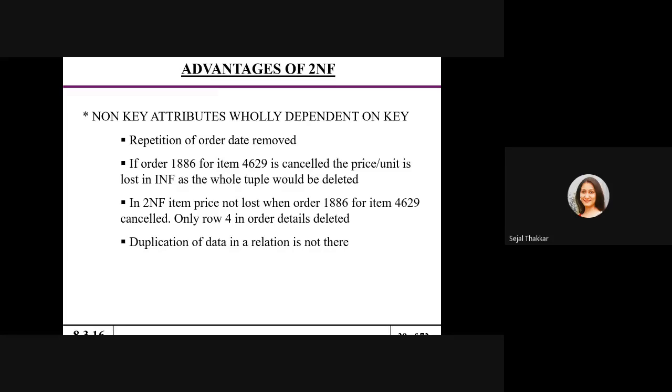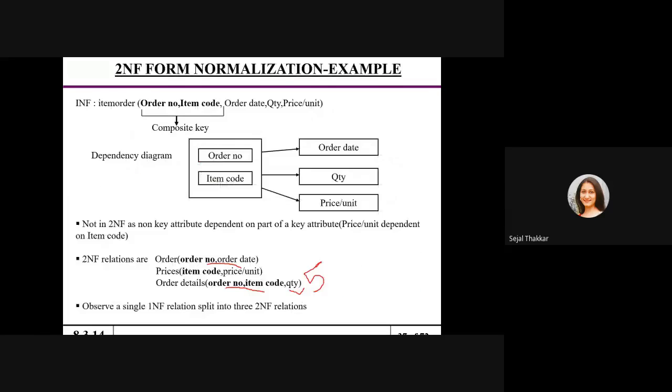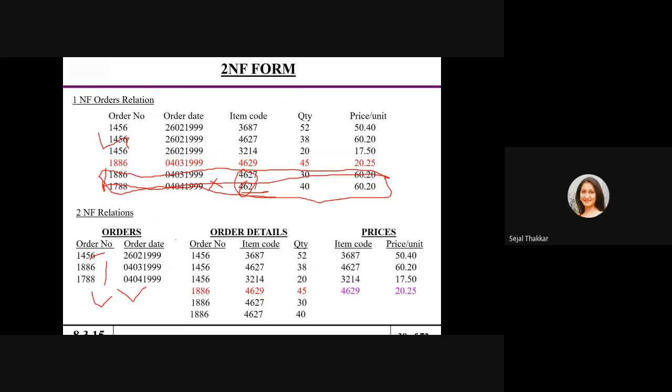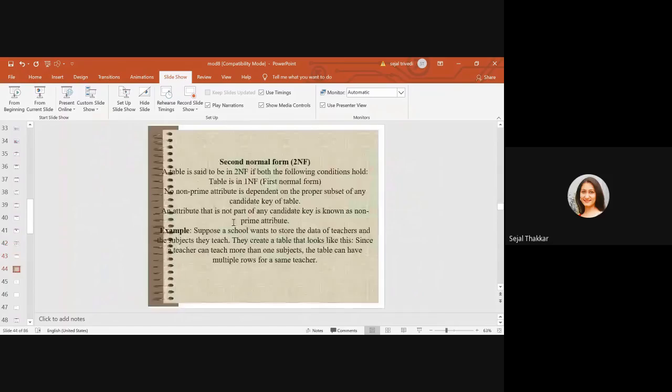Duplication of data in a relation is not there. You can see that certain values are duplicated in first normal form, and they are not duplicated here. It means duplication is somewhat removed. The aim of normalization is to remove redundancy or duplication, but I cannot say that you remove all the duplication from the first table. First normal form consists of some duplicated values, and duplicated values are removed in the higher normal forms. We go from one to the next, so the duplication is reduced level by level. From first normal form, duplicate values are not removed instantly, right?